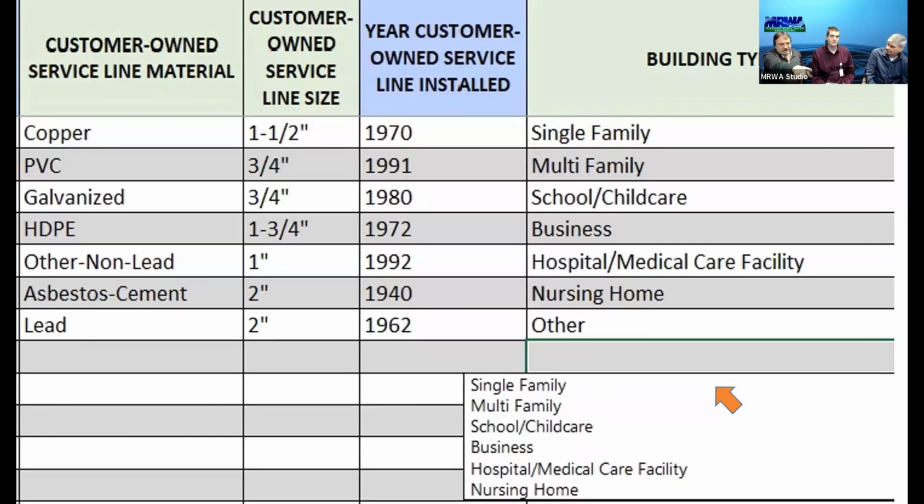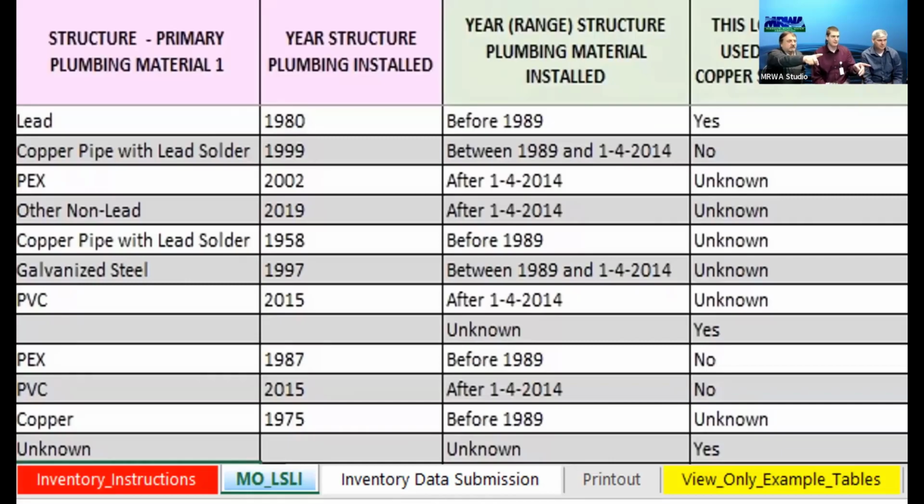Yeah, there are those pink columns. That's the optional one for the premise plumbing, primary structure, and tier. That's what she was talking about, I believe, this last green one: this location will be used for the lead and copper sample site plan. And if you put unknown in this, it will not hurt you. You can put unknown because you don't really know if it is. That's for the water system's use. This column doesn't affect the calculation of the service line or anything. It's just information to help the system.